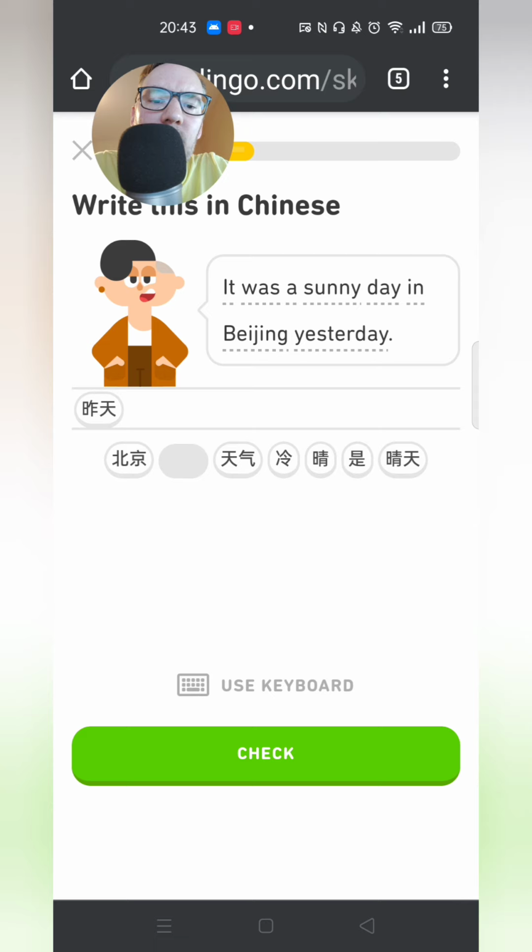It was a sunny day in Beijing yesterday. 昨天. It's not 在. 昨天. I need to use 在 surely. Beijing. 昨天. I'm gonna get it wrong on purpose just to see what they want me to do. It was a sunny day. I can't use these words to make the sentence they want. It was a sunny day in Beijing yesterday. 昨天 Beijing